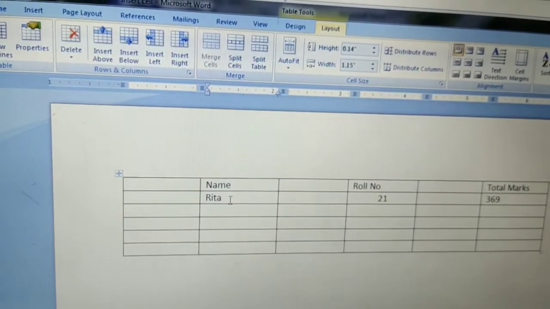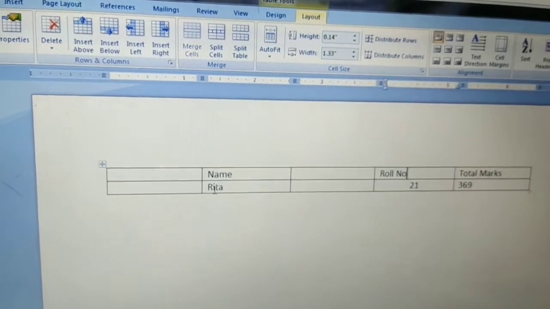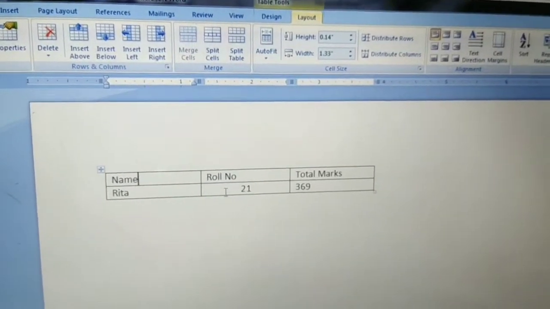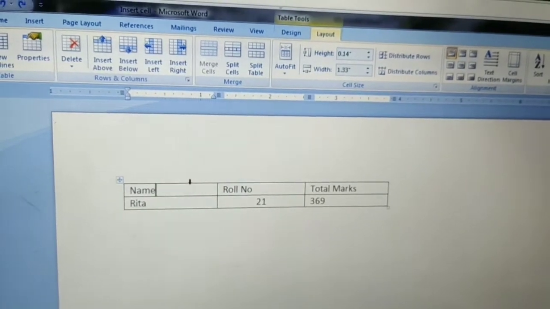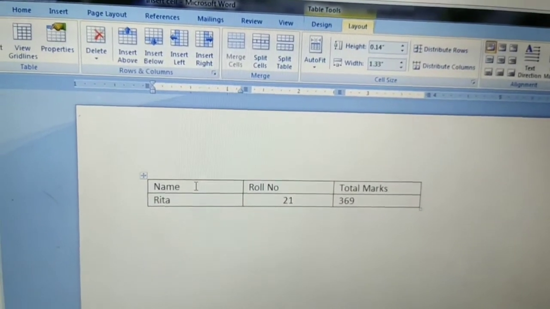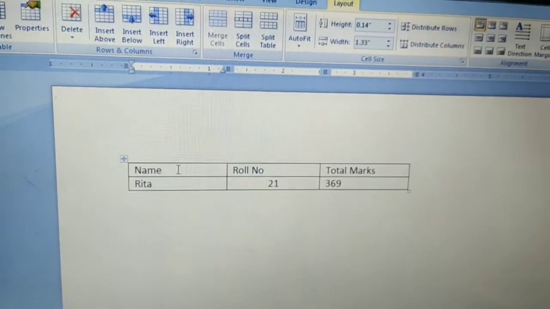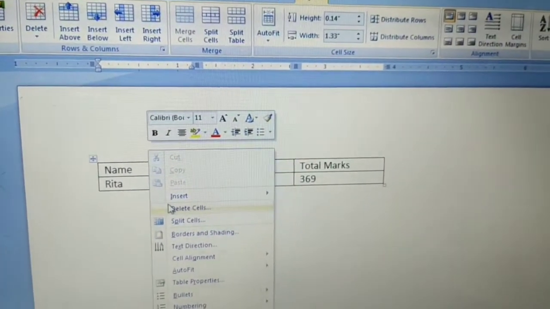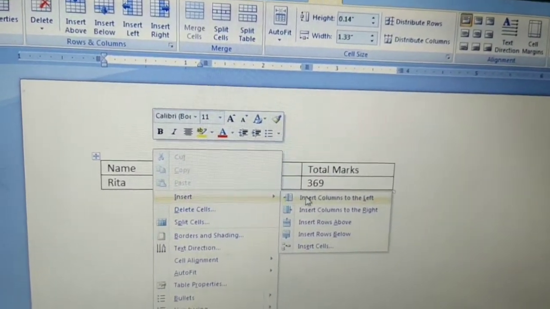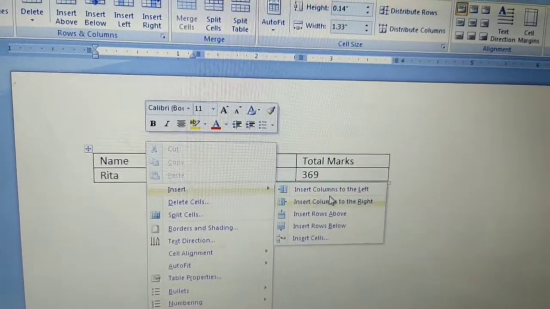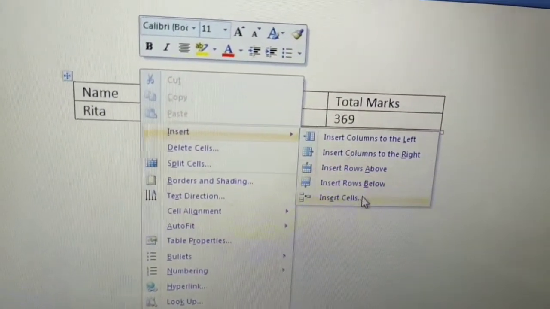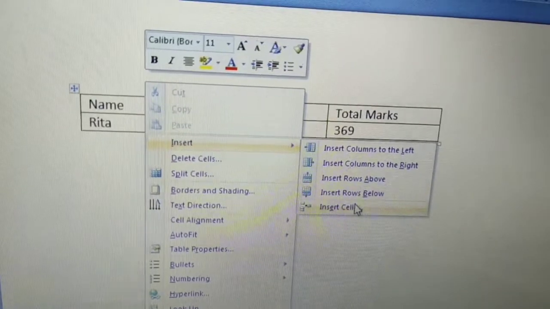And one more method is there to insert. You keep the cursor here, then click on right click. When you right click, you will see insert. Now you see: insert column to the left, insert column to the right, insert rows above, insert rows below, insert cell.